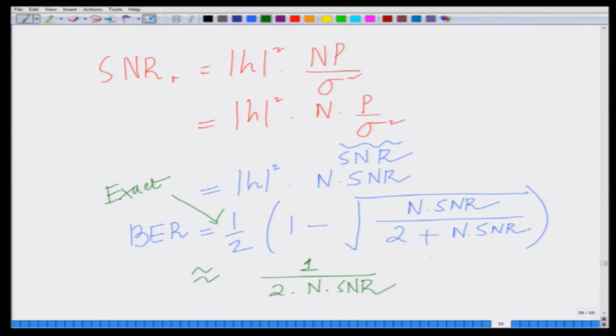I have to replace SNR in the previous expression by N times SNR, and this is the approximate